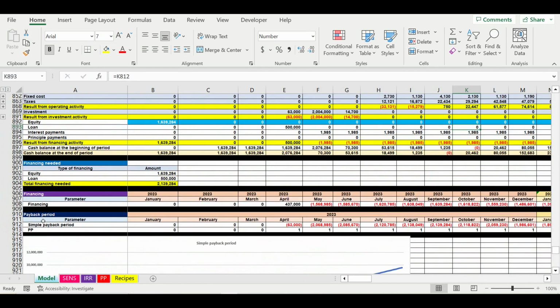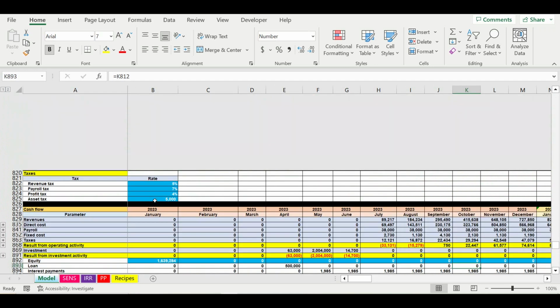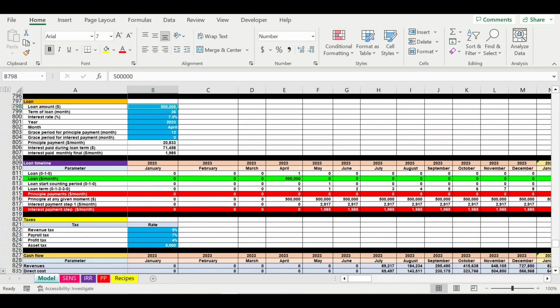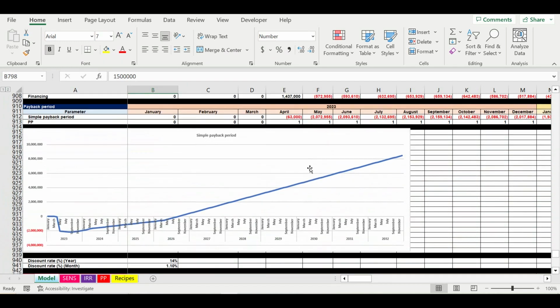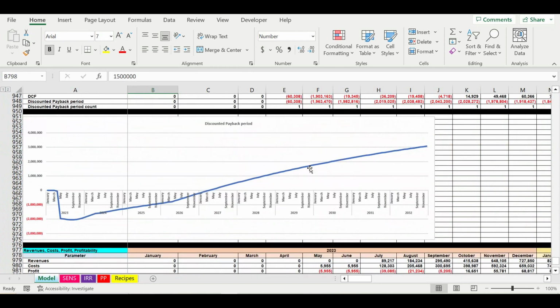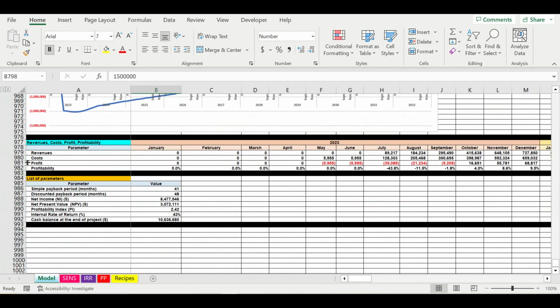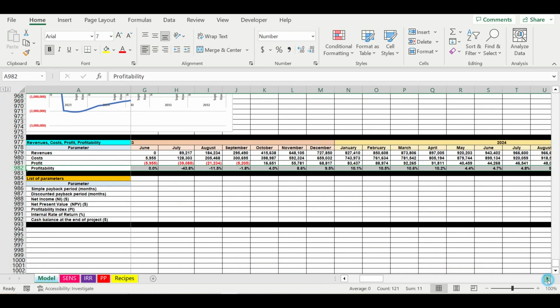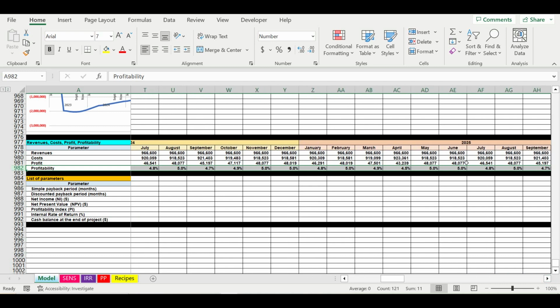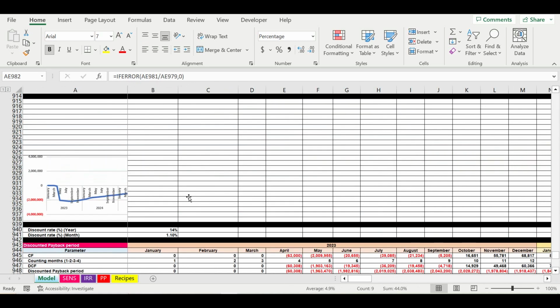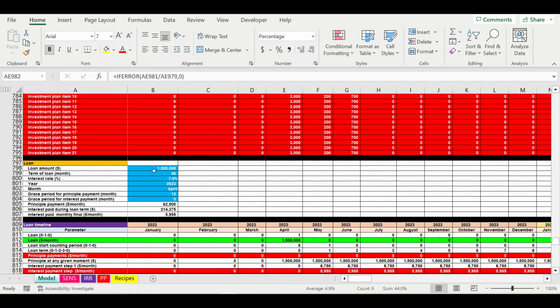So let's say the first scenario will be a $1.5 million loan. So for example, here we can see the level of profitability is around 5%. And if we decrease the amount of loan, for example, and take a 500,000 loan,